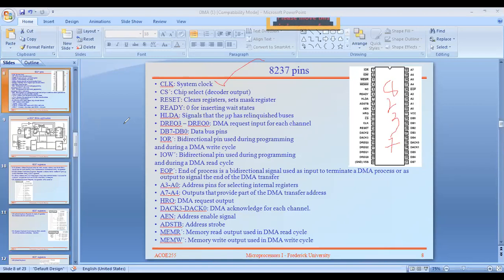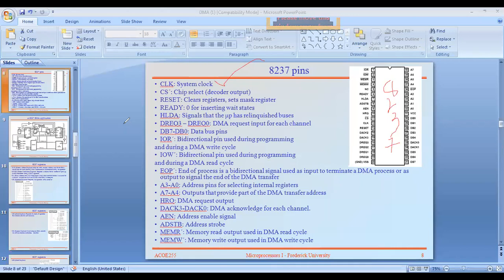Understand? That is the situation here, and that is the purpose of the ready signal. In conclusion, the ready signal is used to provide synchronization between high speed and low speed devices, or to provide proper communication.